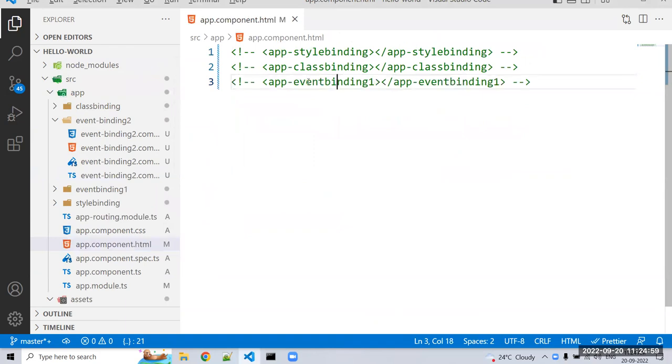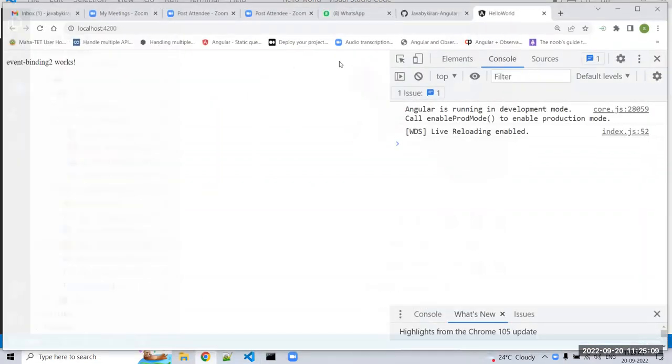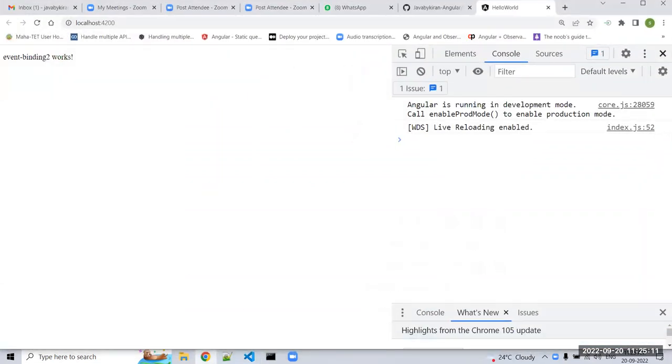Previously, whatever the event bindings were, I just commented them out and mapped your event-binding-2. Just check whether your output is displayed. Yes. Okay, now